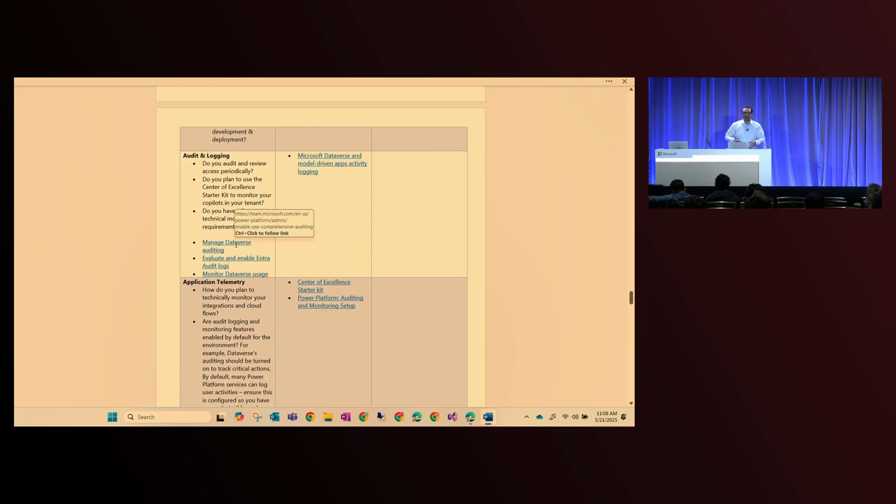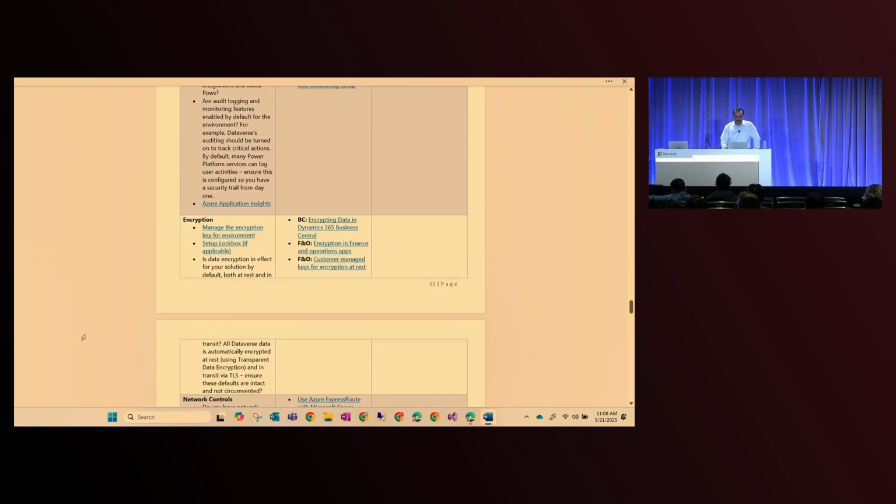Have you talked about audit and logging? What are the requirements over there? Because sometimes when you're using the agents, the interactions with those agents get logged as well. Who should have access to those things? These type of information has to be discussed. Should the makers or the developers who are creating it should have access to the chats or the customer interactions which are being saved? Who should be responsible for that? Is it used for the audit purpose? Is it required? Or does it carry some sensitive information you don't want to log, or you want to purge this after some time as well? What about the application telemetry?